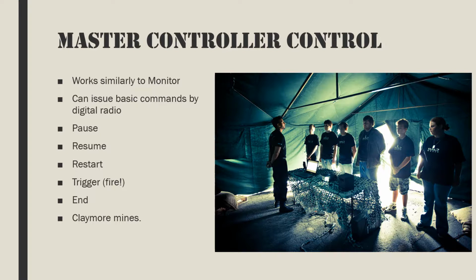Controlling devices by a master controller can be done remotely. This works very similarly to monitoring them. To issue commands to a device, use the control menu and then search for devices, just like we did for monitor. Bring up the details of the device and then pull the trigger. This will give you a list of commands that you can issue to that device, such as pause, resume, restart,